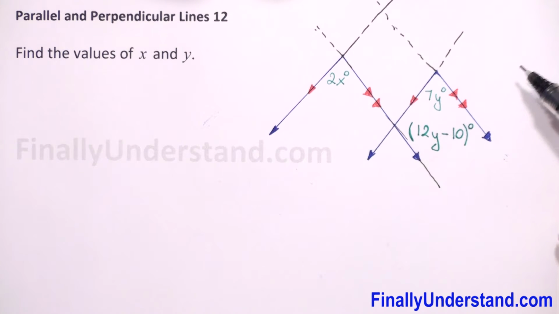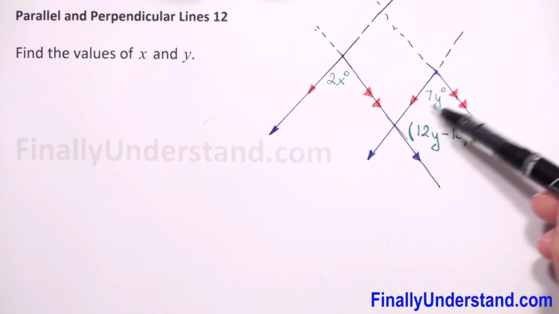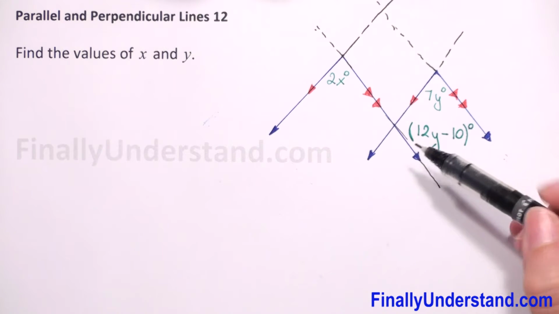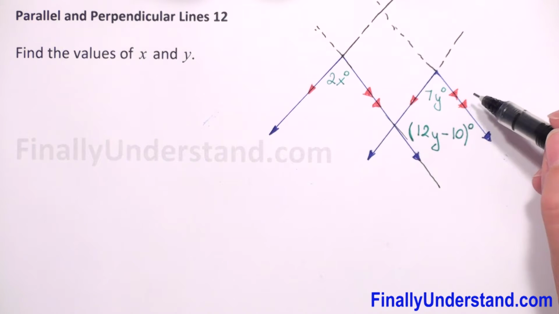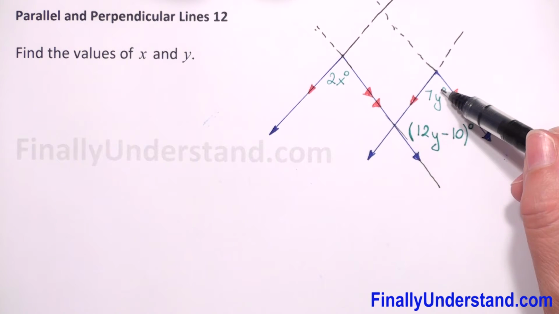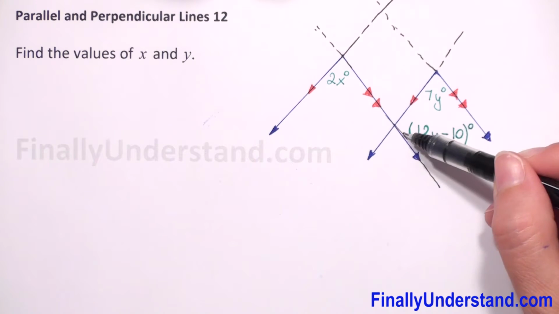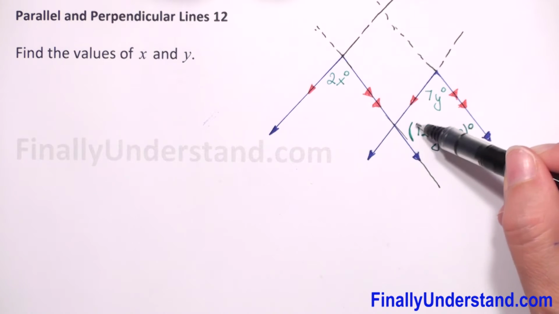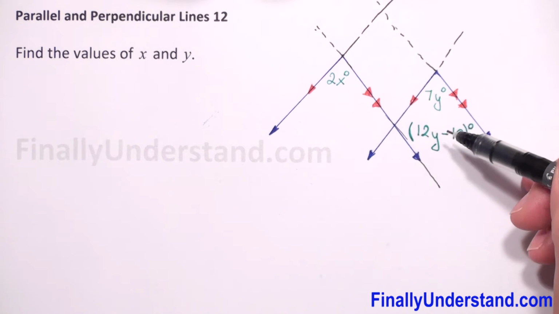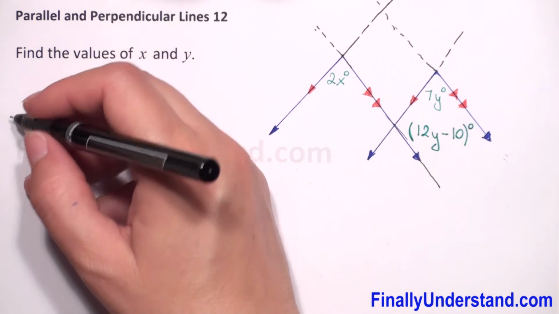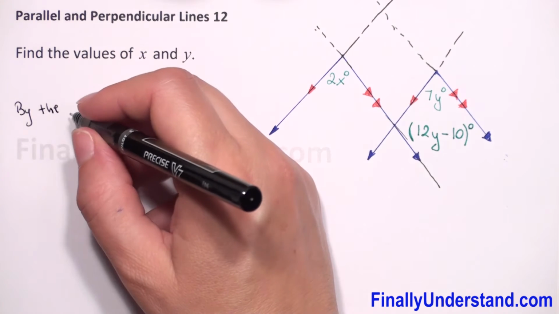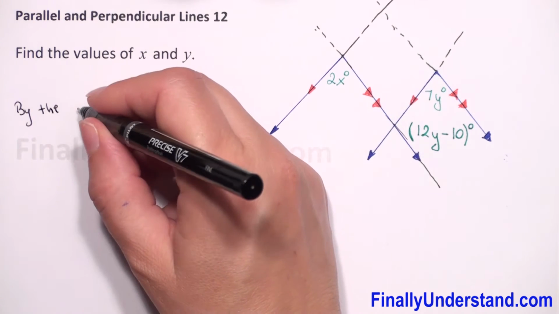Let's see what we have here. We have to find x and y. These two parallel lines are cut by this transversal line. So it means that the angles which are between these two parallel lines, on the same side, we have these two angles, it means that they are supplementary. So we can write that by the consecutive interior angles theorem,